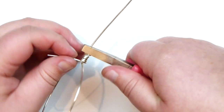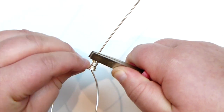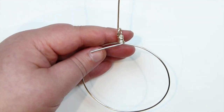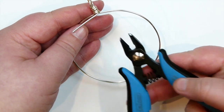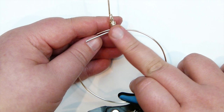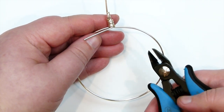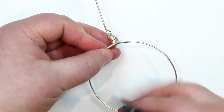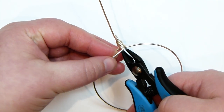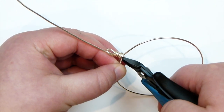And then what I'm going to do is we need to finish off this end. So you now need to get some cutters out so we can cut that off. What I'm going to use for this is my flush cutters, just so we can get a nice neat cut and then tuck it in, and then there won't be anything scratching or catching on anything. If you just have regular wire cutters, that's fine as well. You just need to make sure that you tuck it in properly afterwards. So we have this little bit of tail left. So I'm going to go in very close